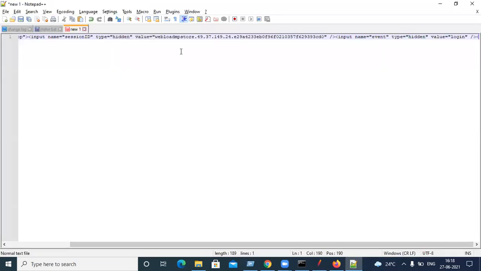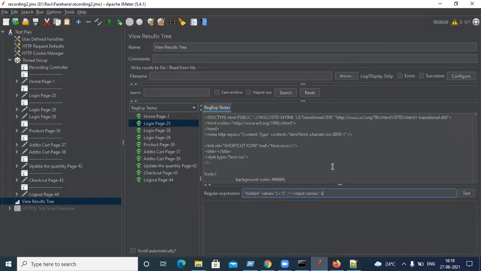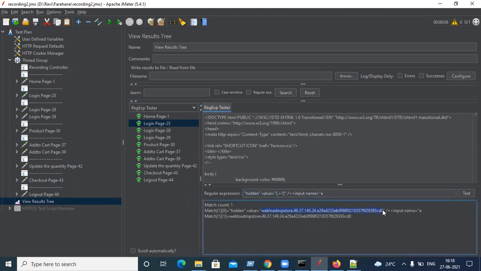And what is the value here? After this one, this is the value. So let's copy till this point and put it. Okay, now test. How many matches did you get? We got one match. You see, 1 of 0 is nothing but the whole line given with the updated value in the response. We simply replace the required value with dot plus question mark. And 1 of 1 is what will pick the value we need.